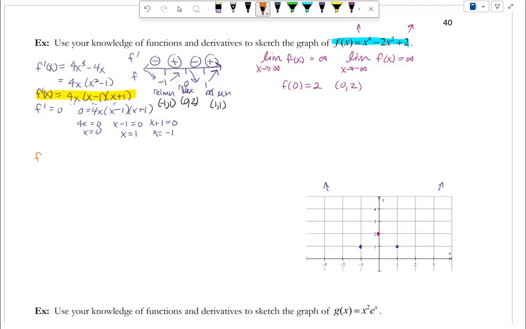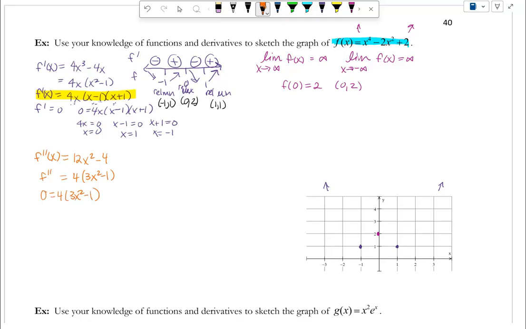So if we find our second derivative, that's just going to be 12x squared minus 4. And all I could really do here is factor out a GCF of 4. So that becomes 4 times (3x squared minus 1). That's our second derivative. When we set that equal to 0,